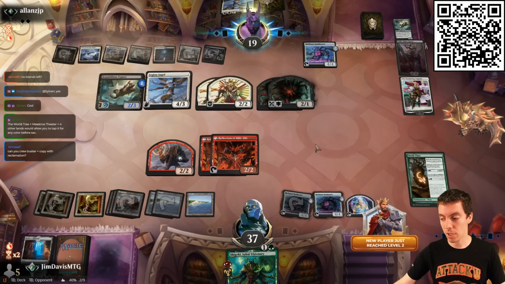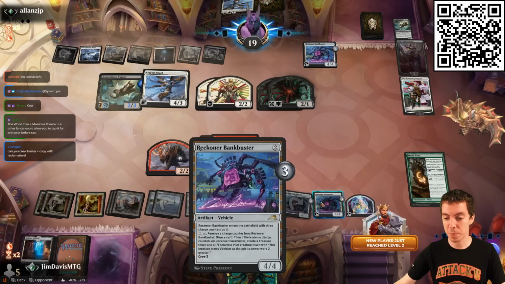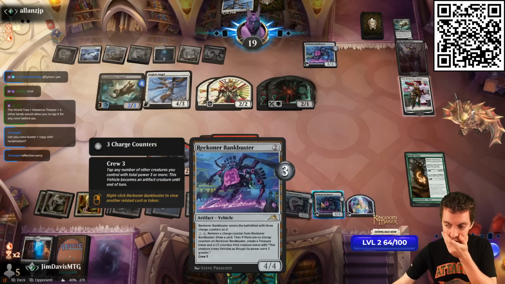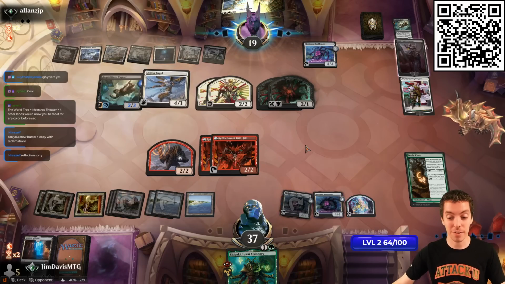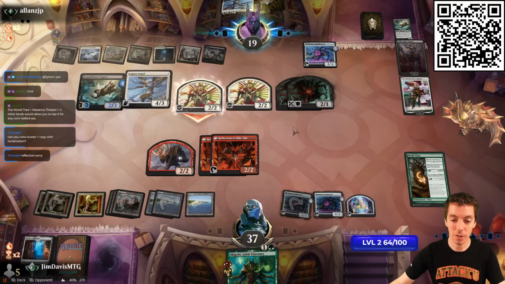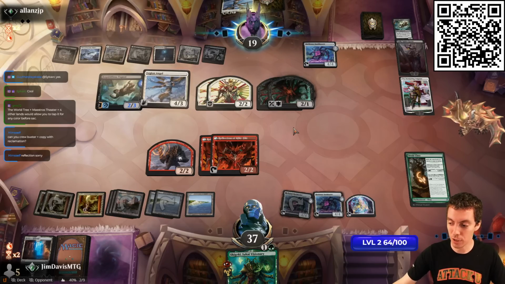Can I crew Buster and copy with Reflection? Yes, but it wouldn't have counters on it, right? I mean, it would. That's pretty funny. I can. Yeah, you're right. I could do that. That's kind of cool. A little extra value on draws, but